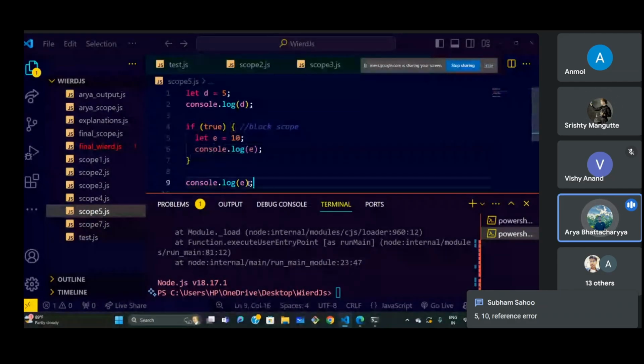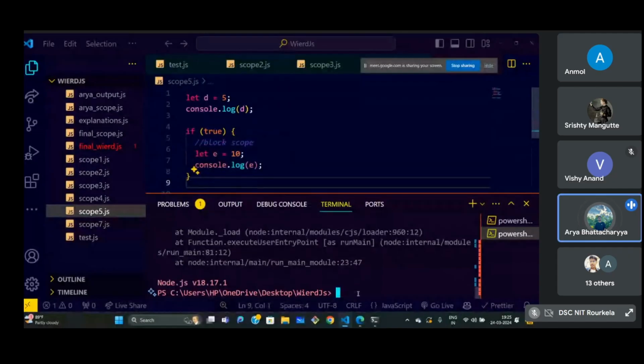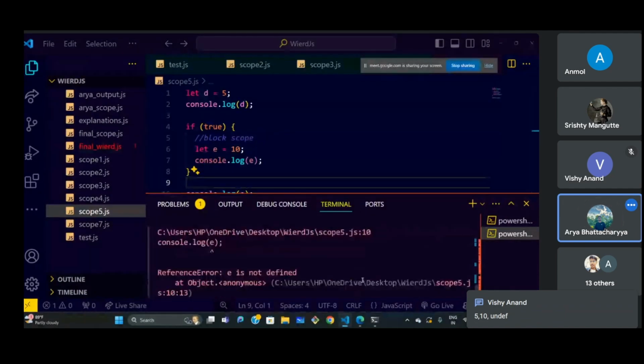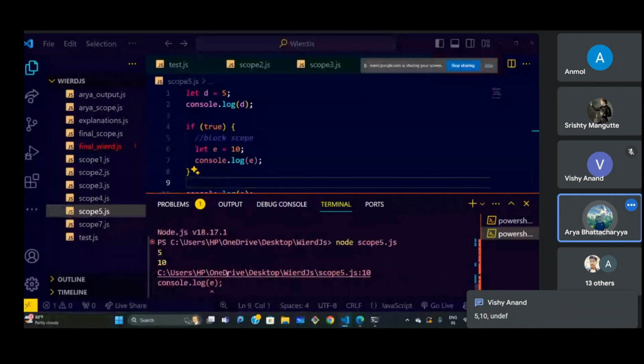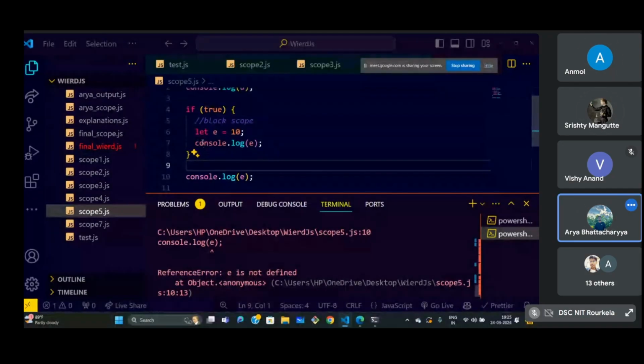अब लास्ट वाला कंसोल क्या रिटर्न करेगा, that's the trick. That's something that you have to predict. So it would be an undefined thing. So like giving a heads up, it would be 5 10 undefined. Let's check that out. Okay, so 5 10 और इधर पे क्या दिखा रहा है, it is not defined. क्यों? Because मैं ब्लॉक के बाहर आ गया हूँ. तो इधर मैं var यूज करके फंक्शन के बाहर आऊँ या फिर मैं ब्लॉक यूज करके ब्लॉक के बाहर आऊँ, it will always return not defined reference error.